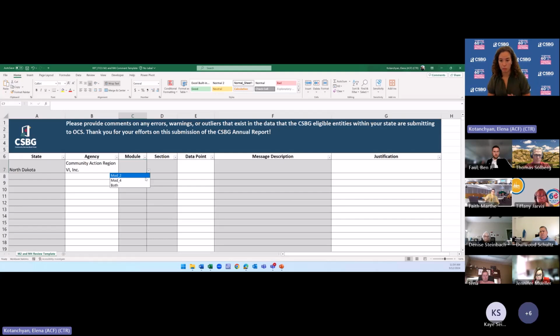So we're actually going to put our efforts into housing and there's going to be no employment. But they probably are going to ask why last year there was employment, this year there's no expenditures in employment. So I anticipate they're coming right away. So in module 2, that pertains to module 2, I'm clicking module 2, then I click the section. So that's the expenditures, the data point, that's